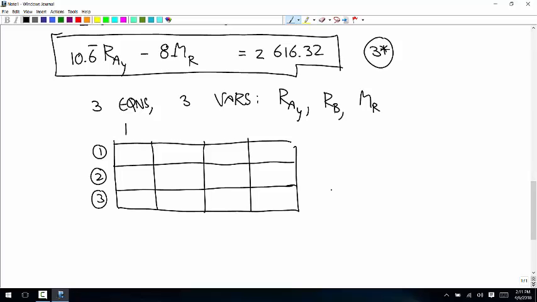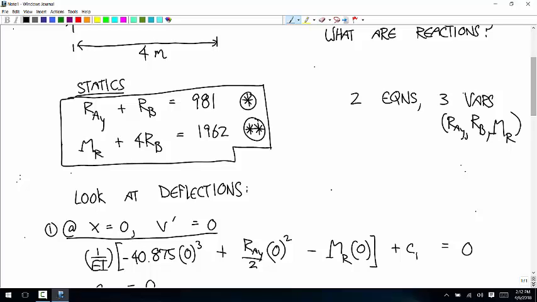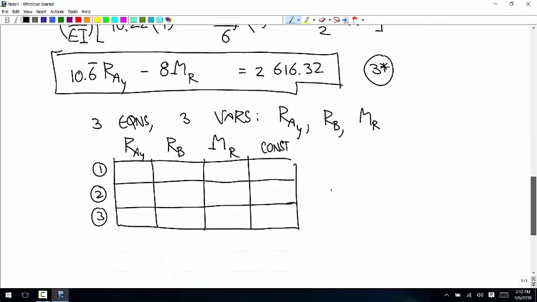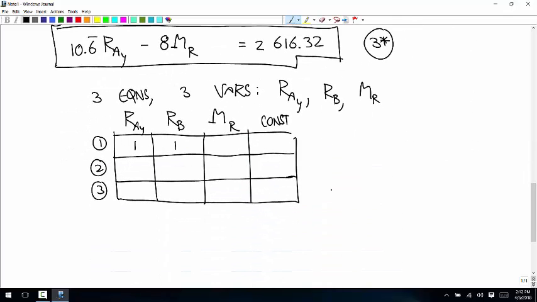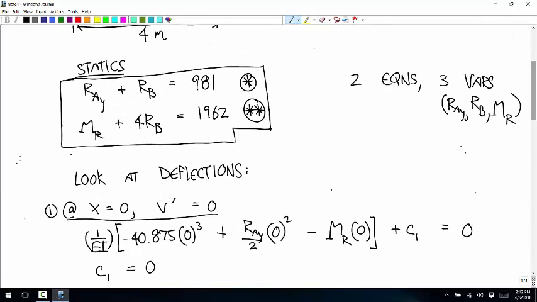And the variable order, I'll do it in this order. So RAY, RB, MR, and then this is the constant. Our equation 1 star, we have 1 RAY, 1 RB, and the constant is 981. So 1, 1, 981. And our second equation, equation 2 star,